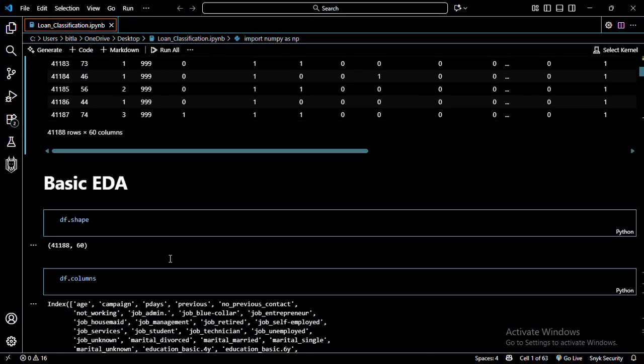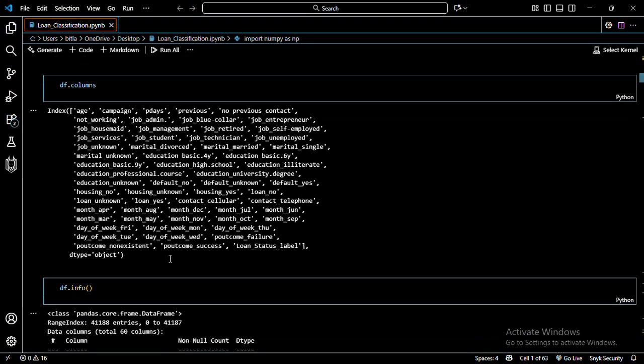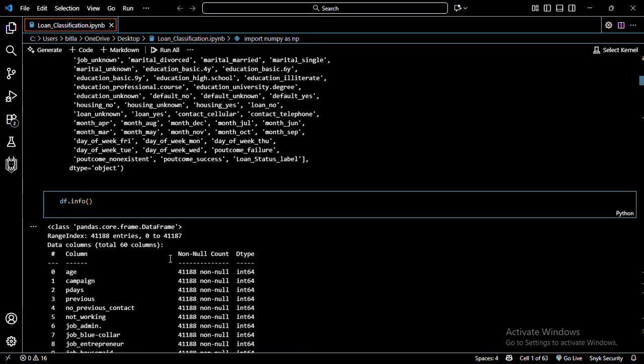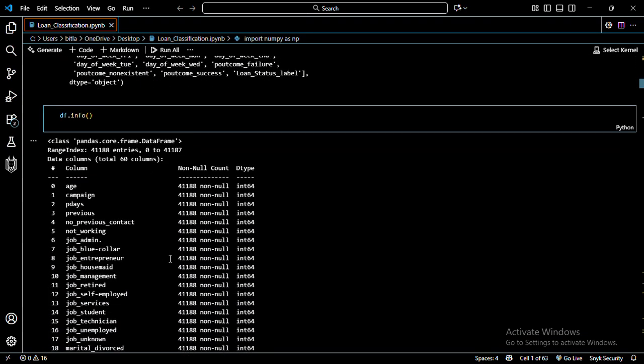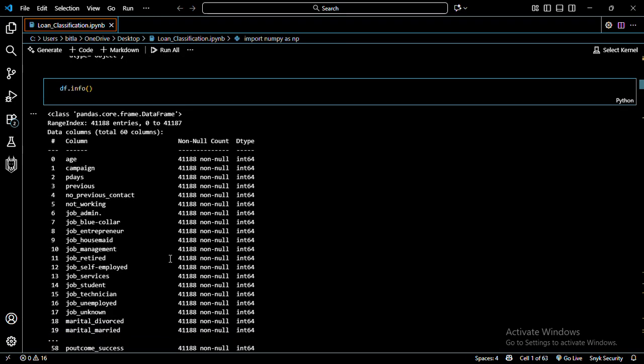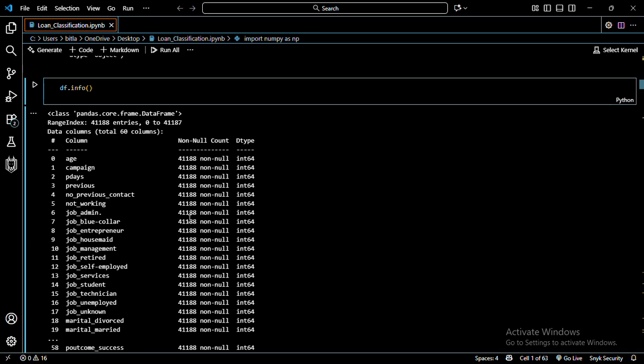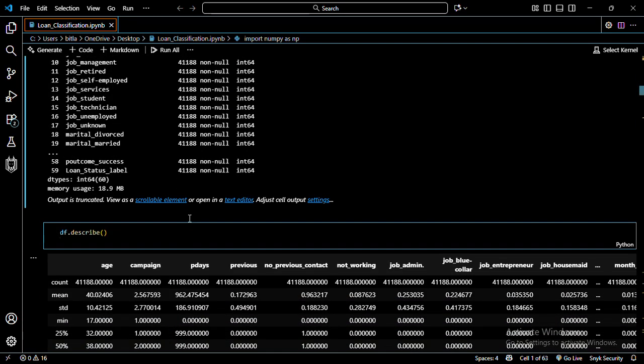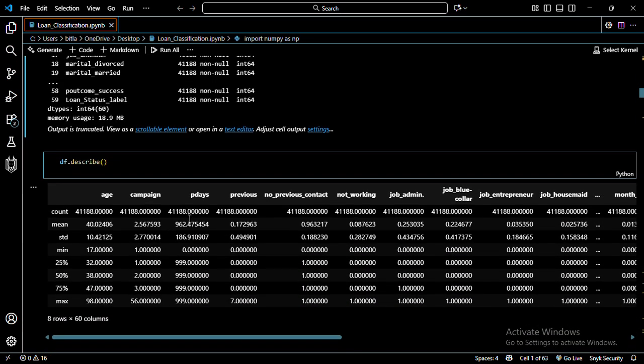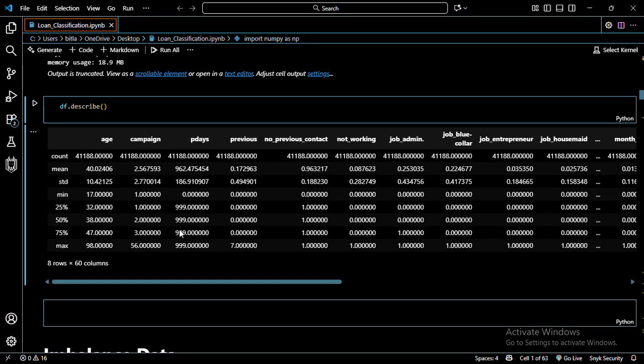And coming to basic exploratory data analysis, the first function, df.info, shows the complete structure of the dataset loan detection.csv by providing information about the data type of the column, the count of the column, and non-null of the column. And next, the describe function shows the count, mean, standard deviation, minimum and maximum percentage of the data in the